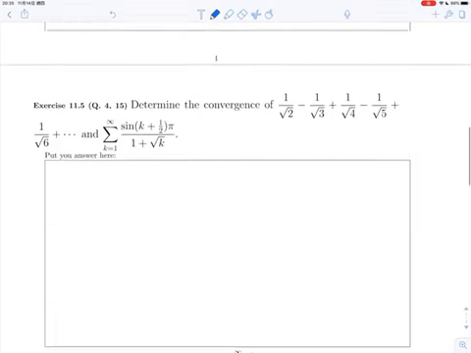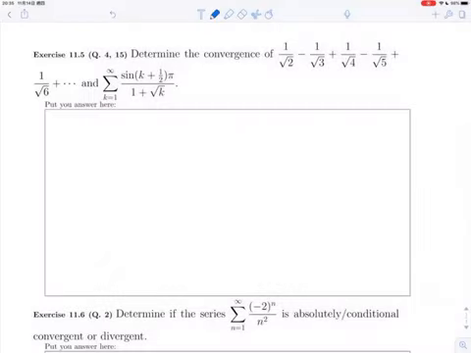Then the next one on the next page is, excuse me,